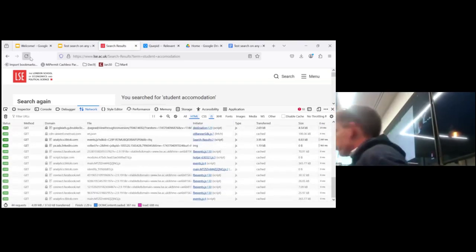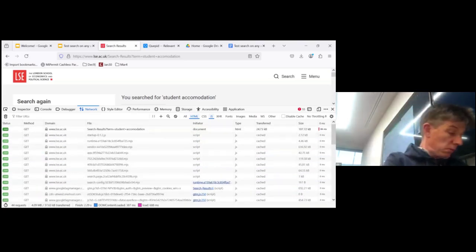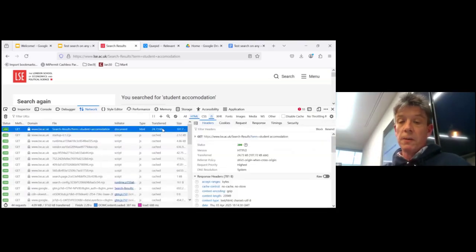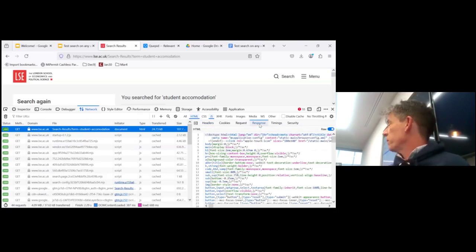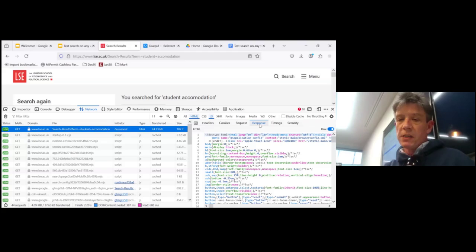Loads and loads and loads of requests going off. So I'm going to try and find the one that did my actual search. And I can see at the top here, there is a request. If I look at the response, I get a massive, great big pile of HTML. Now, I think I can probably work with this. So what I'm going to do is I'm going to create a test case in Quepid.